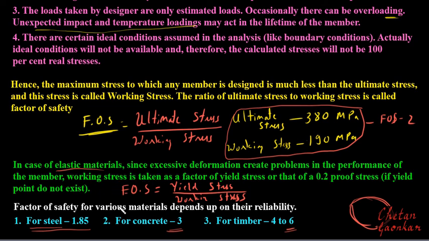So because of that, the factor of safety was very high, and the material which they were using was very high. All right, so this is what happens if you choose a very high factor of safety: you will invest more in the material. If you choose a very low factor of safety, there are chances that your material might fail. So your factor of safety has to be optimum, and this is just a guideline on how to choose a factor of safety for common materials which are used in engineering constructions.